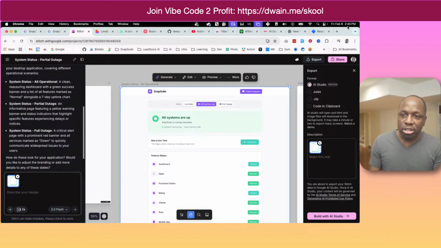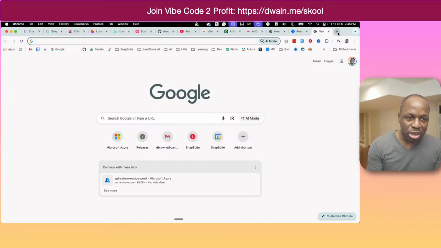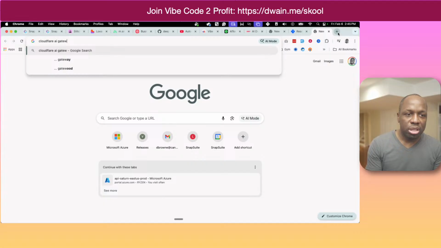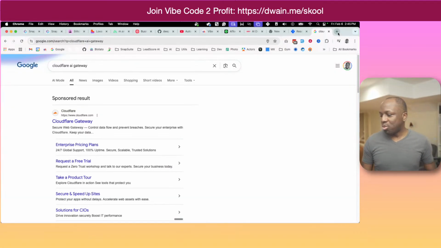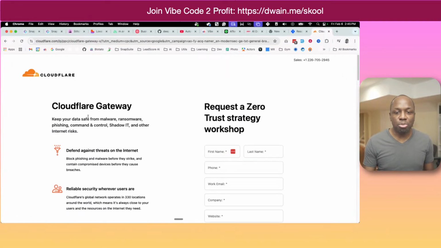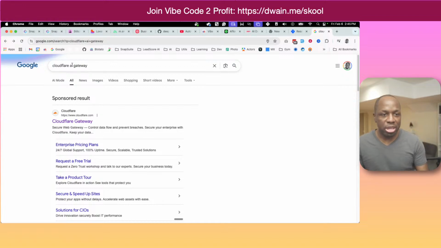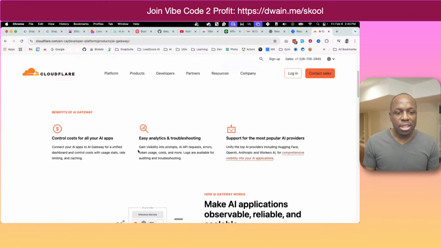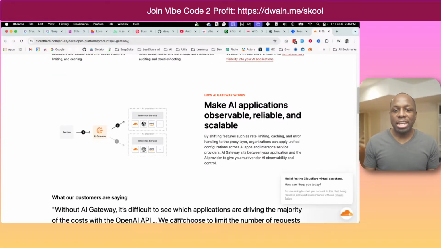Have you tried Cloudflare AI Gateway? Cloudflare AI Gateway is probably one of the things you should check out. It has a pretty good price tier because it's so new, and it's a router.